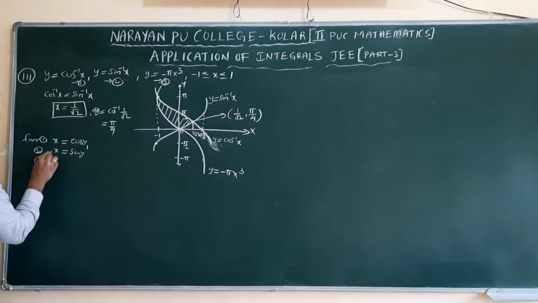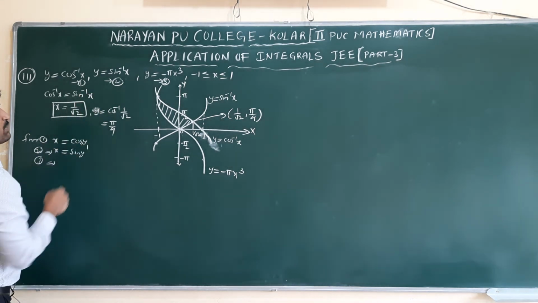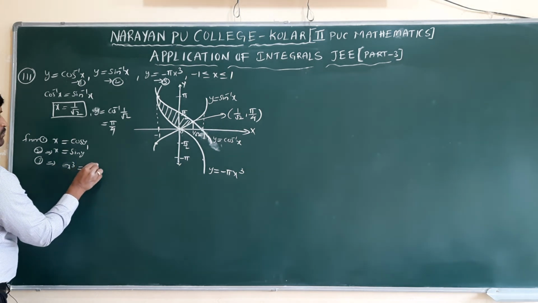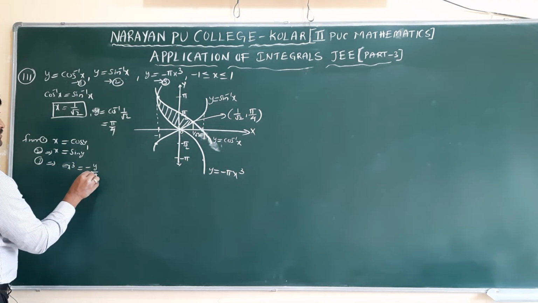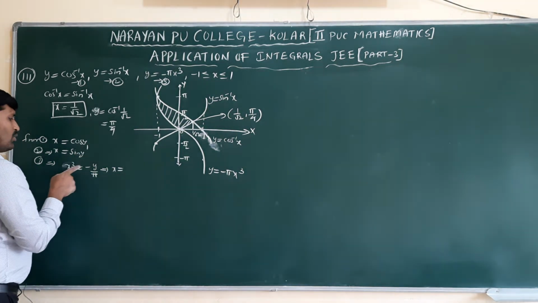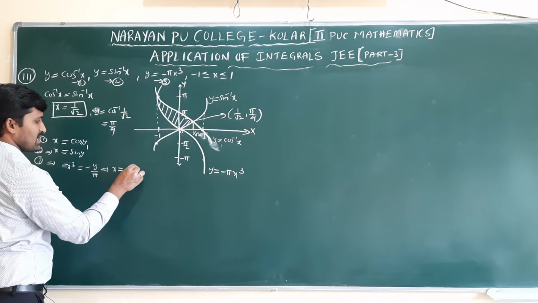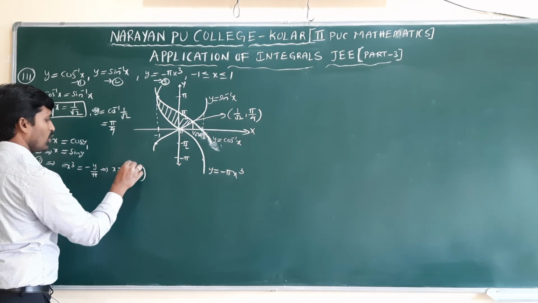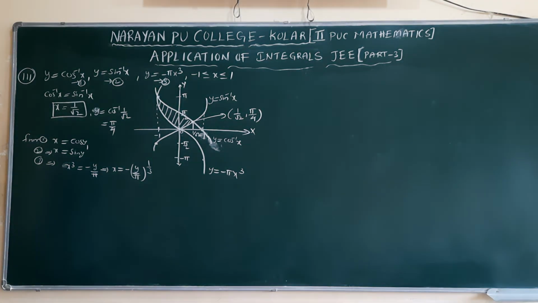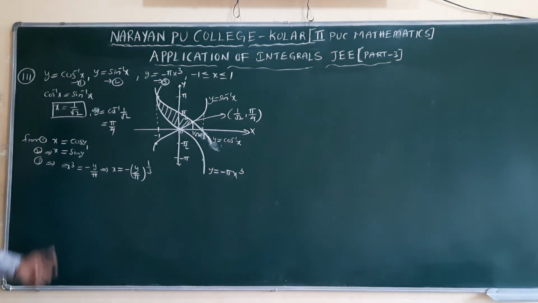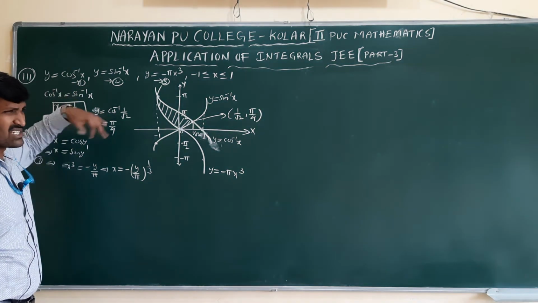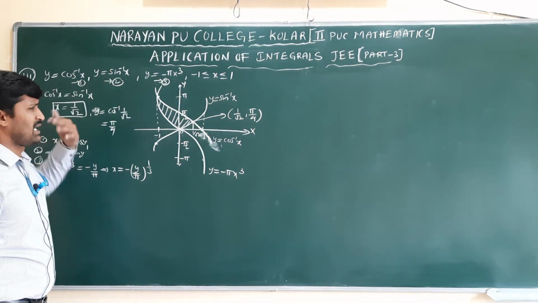From 3, y by minus pi, that is minus y by pi, x cube equal to minus y by pi, x equal to minus y by pi whole power 1 by 3, the cube root. Negative power, odd root, minus only will come, no issue. Why I am converting with respect to y is that it is easy. Cos inverse integration again I would have to do with the UV formula, which would be lengthy.